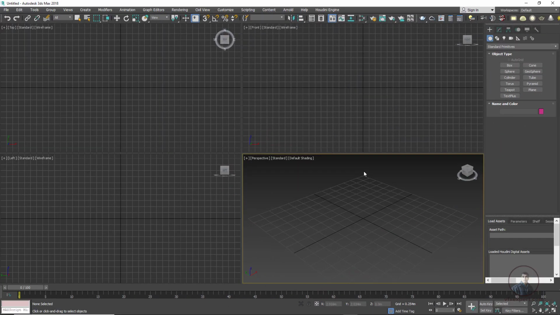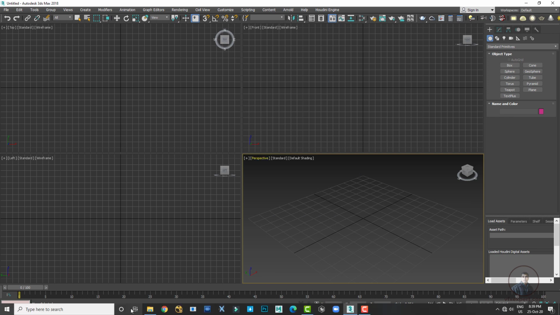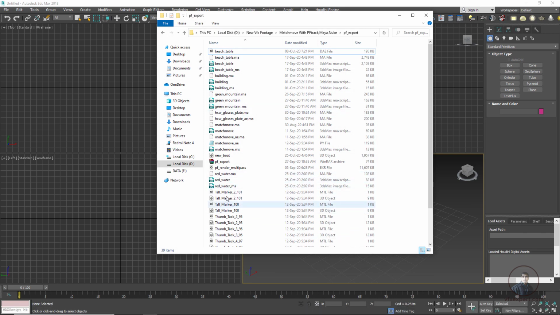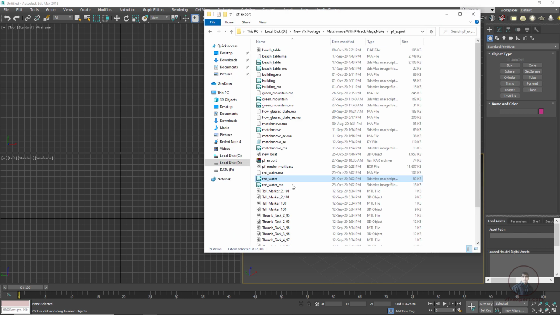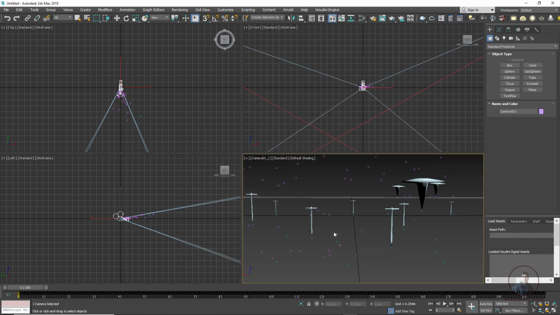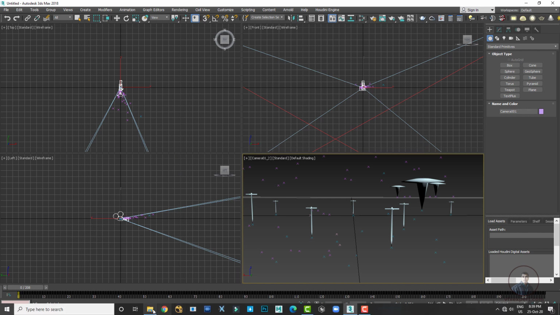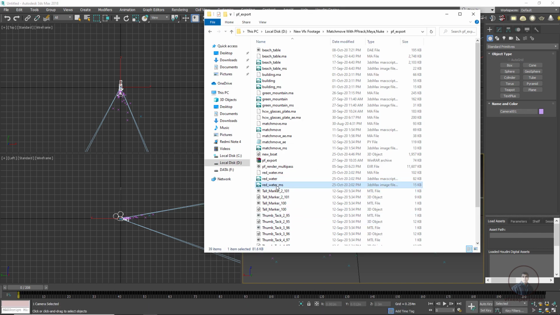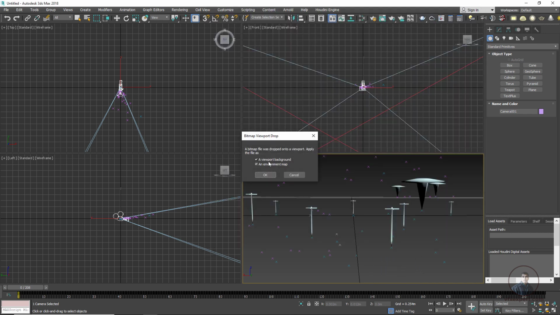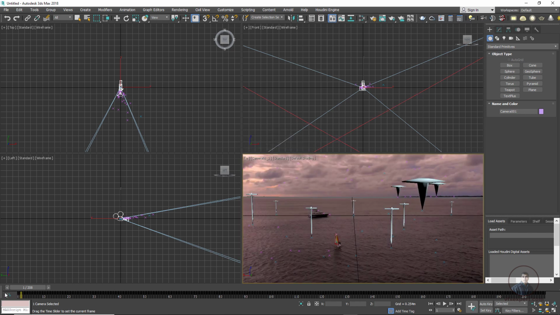So now here in Max, import your MaxScript here. So this file I have created here, Max script, and just drag and drop. So now you can see. Now after this, we have to import our footage, then again open the same folder and drag and drop the second file, which is an image file. Here you can see. Now select and drag and drop. Just use it as a viewport background. If you want you can also use it as an environment map. Okay, so here I am going to uncheck this one, then simply press OK. So now you can see, play a little bit and check here.